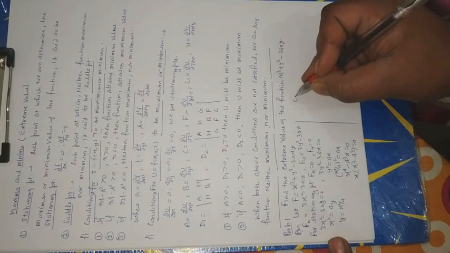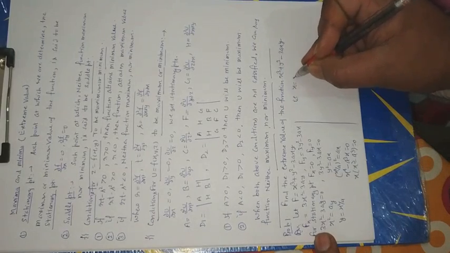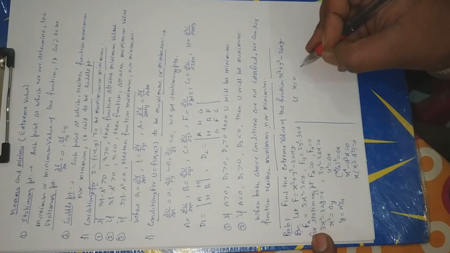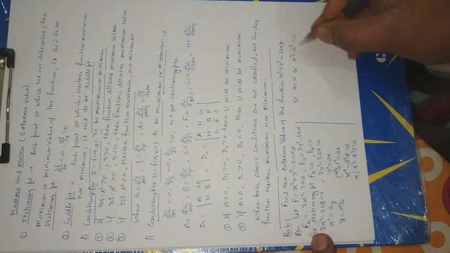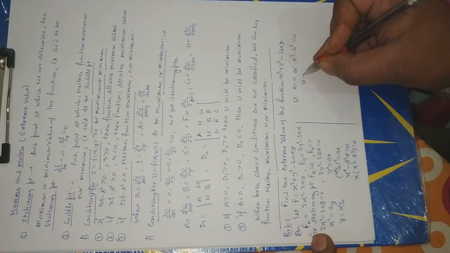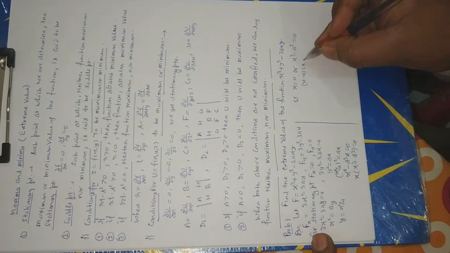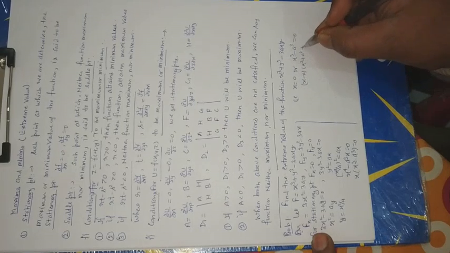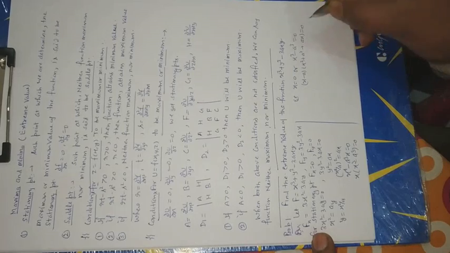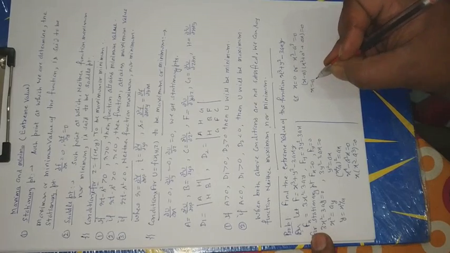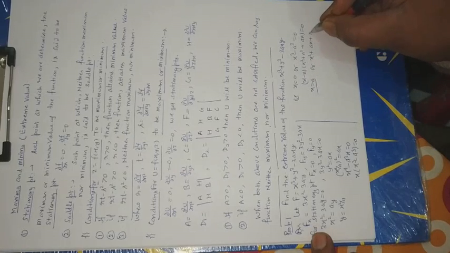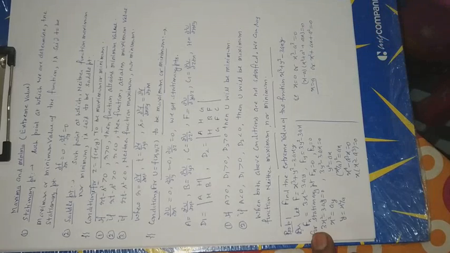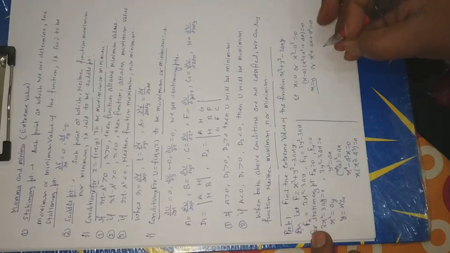That is x is equal to 0 or x cube minus a cube equal to 0. Now factorize: x minus a, x square plus ax plus a square equal to 0, that is x is equal to a, or x square plus ax plus a square is equal to 0. This is a quadratic form. There is no real solution, then we apply